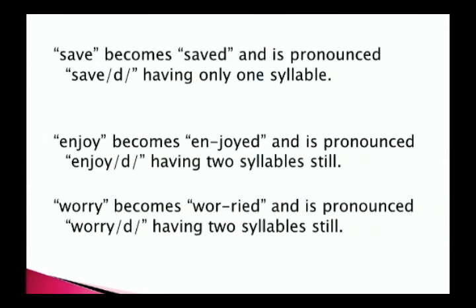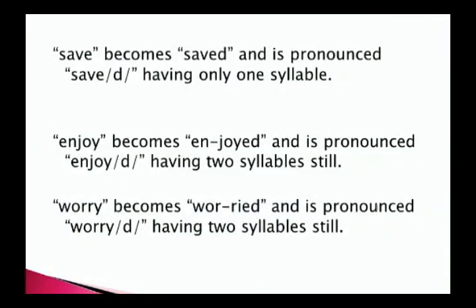Let us continue. The verb worry becomes the past tense verb worried and is pronounced worried, having 2 syllables still. Let us look carefully at this verb again. Worry ends with a Y. And as you know already, we change the Y to I before adding the ed ending. So our past tense verb, worried, is spelled worried. Okay,